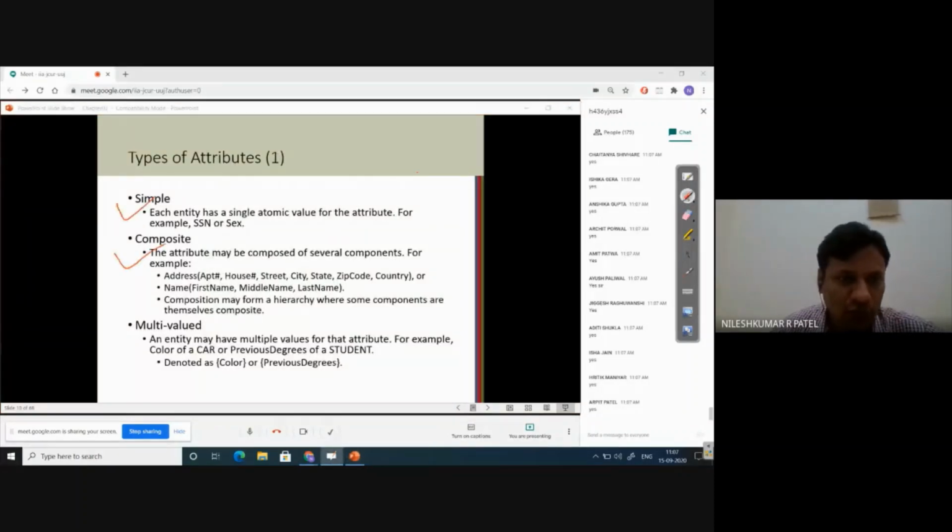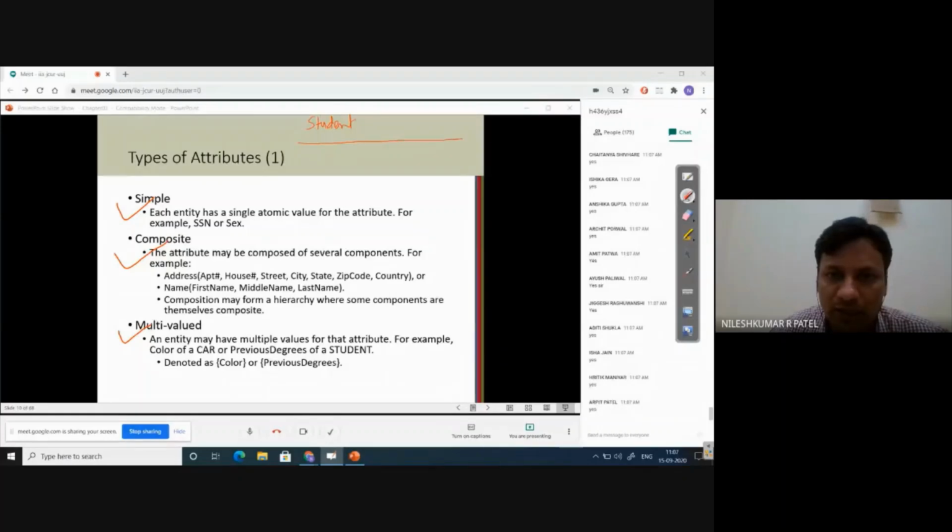We have discussed two attribute types, that is simple and composite. Now let's talk about multi-valued attributes. So one type of attribute is multi-valued. For example, there is a table called student.